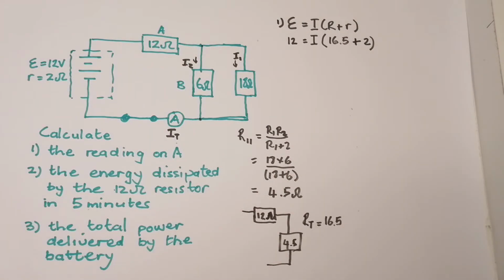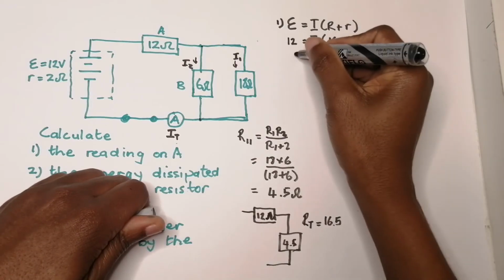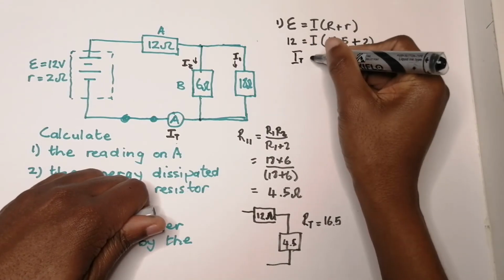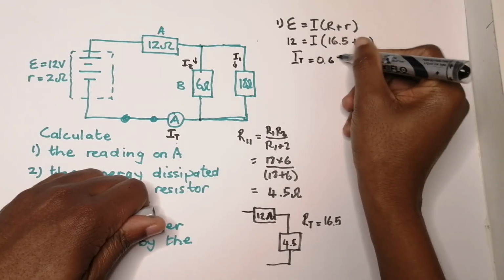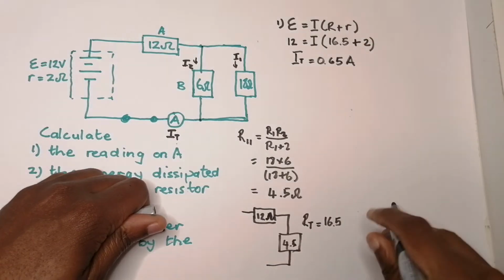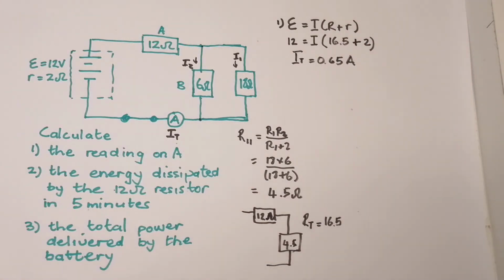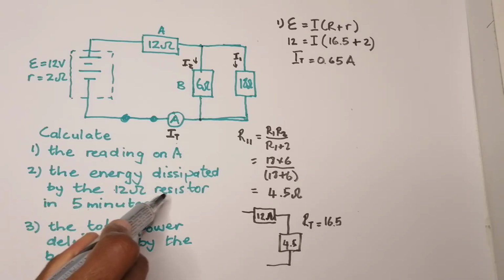So I get a total current of 0.65. Okay, I'm rounding it off. So my total current is going to be 0.65 amperes. Now the second question says to us, calculate the energy dissipated by the 12 ohm resistor